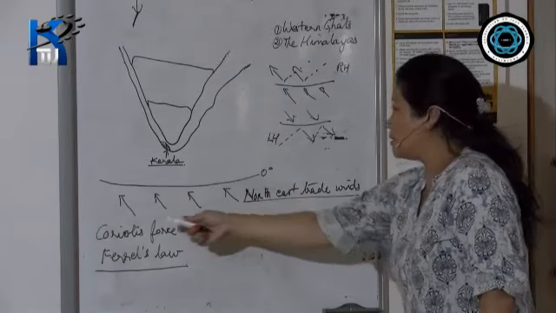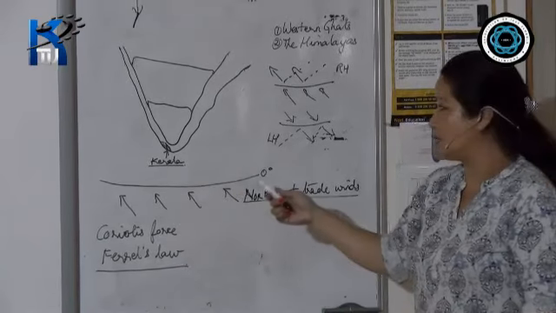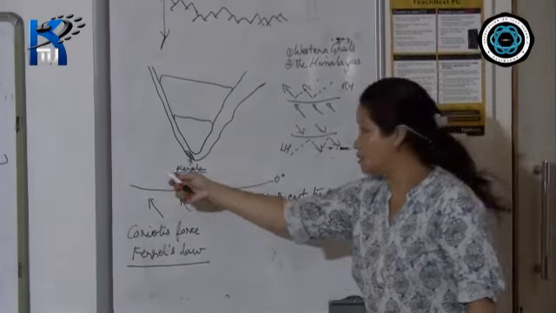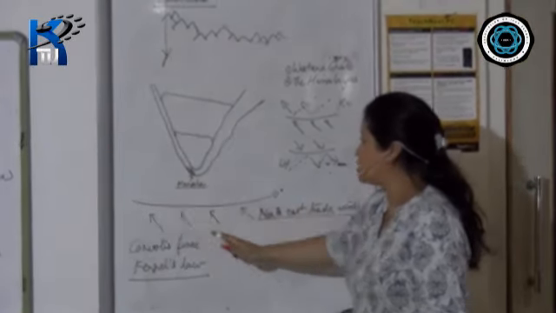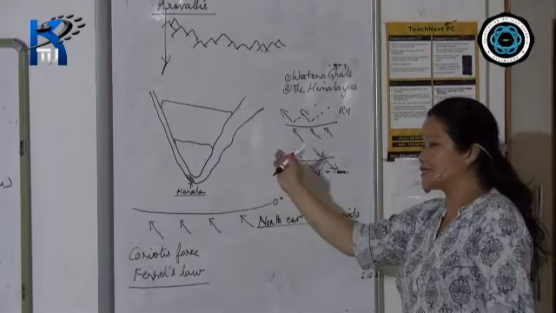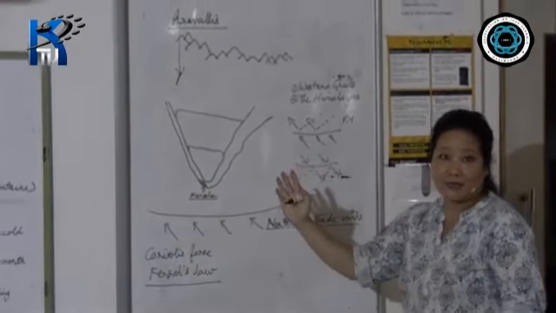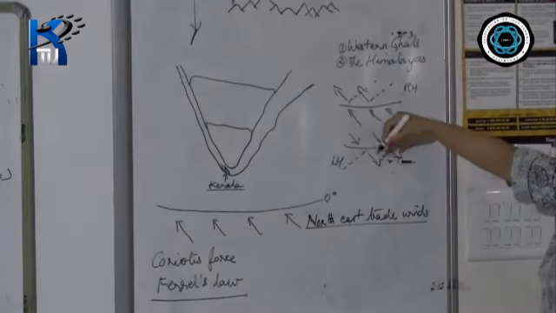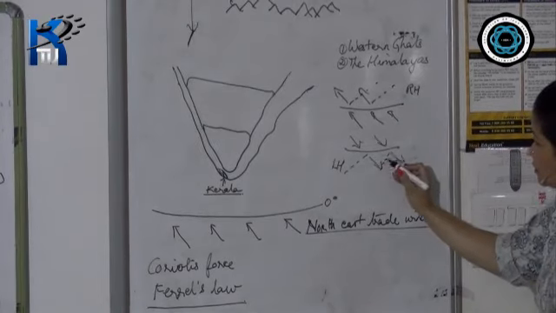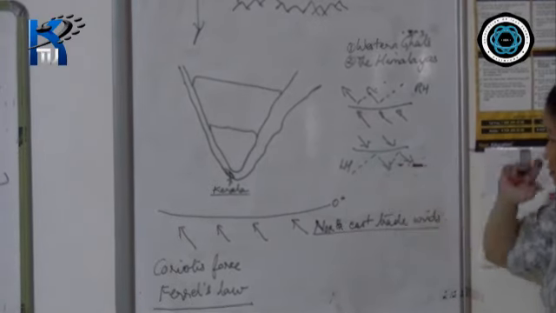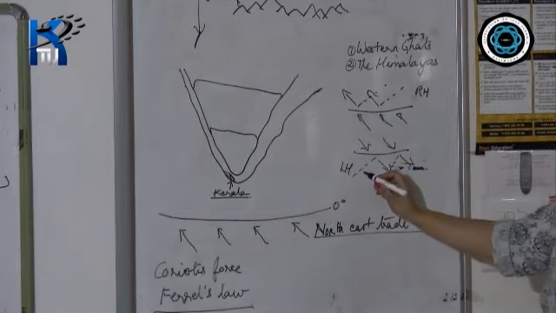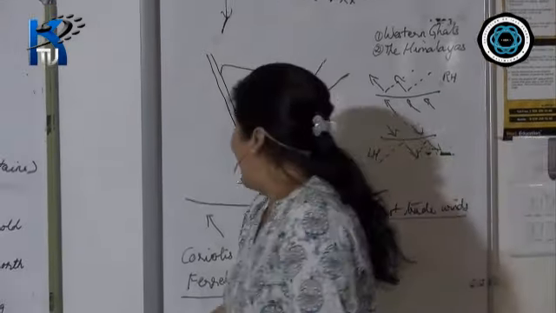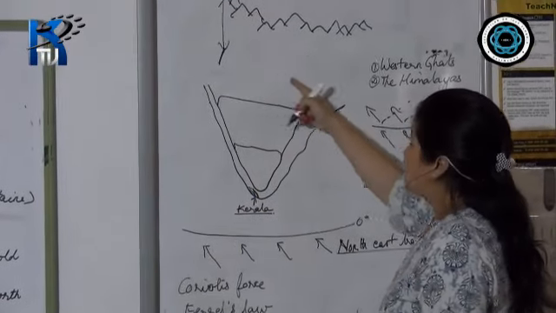So this force that affects the movement of the winds takes place only along the equatorial region. This is the place, the equatorial region, where the winds, as they cross the equator, get deflected towards the right-hand side. And again, as I explained, the winds from the northern hemisphere, as they cross the equator, instead of going straight, with the broken lines I've drawn over here, get deflected towards the left-hand side.